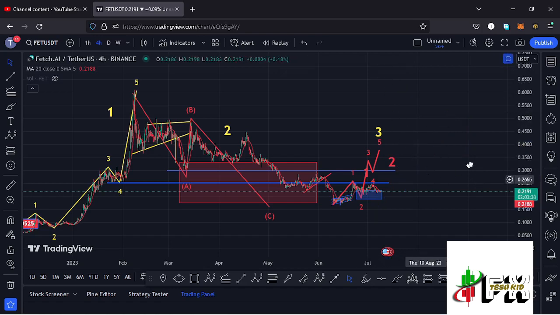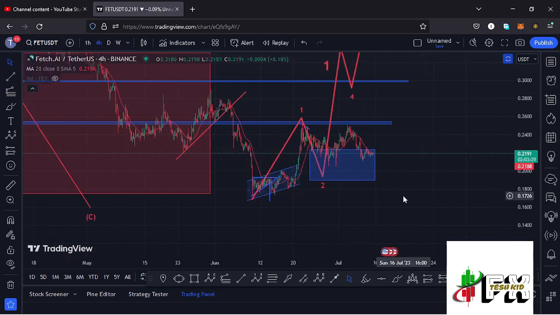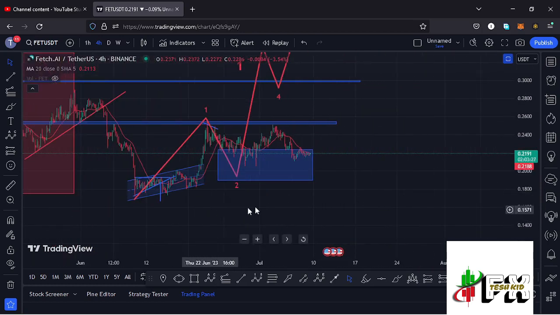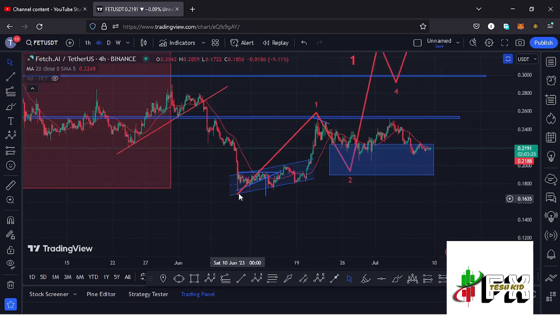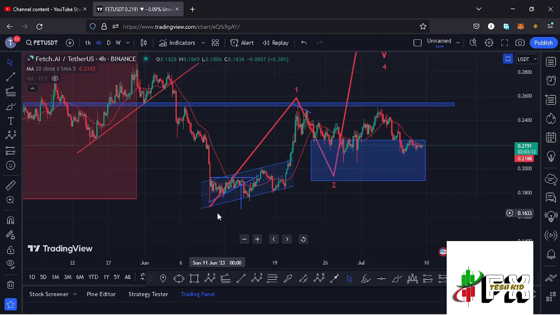And if I zoom out on the charts, you can see that since the 10th of June, when we had a massive crash on the market in a breakdown move that gave us a low at around the $0.173 mark, we have been seeing an Elliott wave structure here on the charts, where we have now peaked in the formation of that wave 1, giving us a high at around the